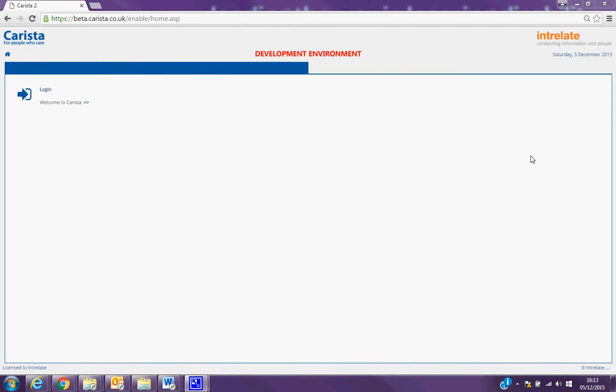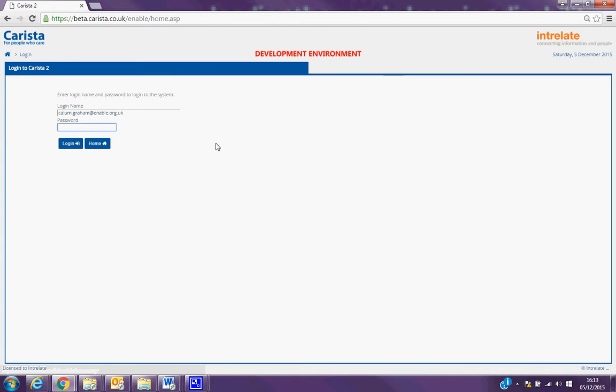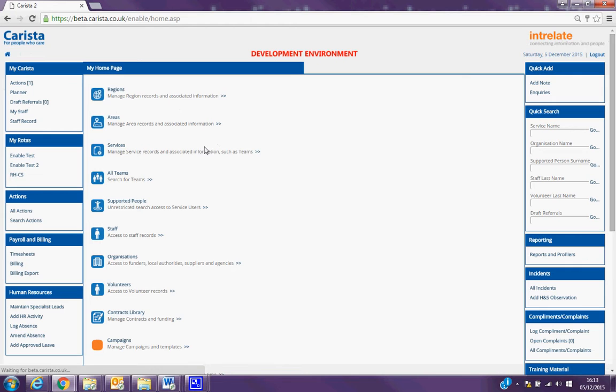In this Krista manual, we're going to go through HR activities, so stuff like supervisions and appraisals, and how to add them. So if you want to click login and just get yourself to the home screen, we're looking for human resources stuff, so that's down the left hand side under human resources, and you'll see a section there that says add HR activity. So if you want to click into that,